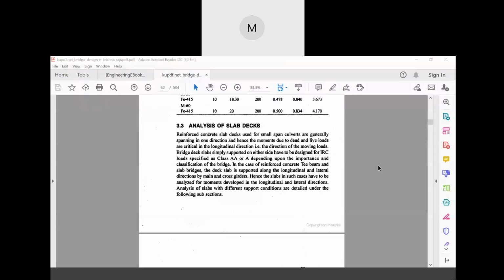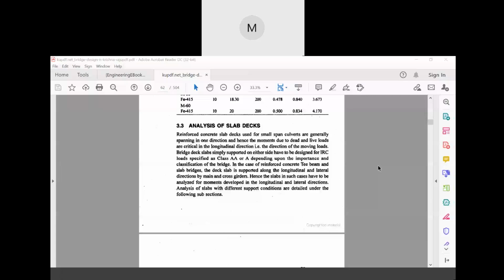that the load patterns are different for different kinds of loadings, right? So we have IRC class A, class AA, class B. Okay. So on the basis of these load patterns, we have different design elements. How a bridge structure will be designed or something like that, right? Now,